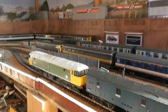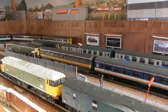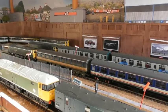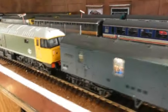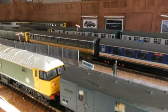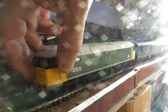It was the parcels red and grey livery that you will be familiar with on 47569 and 47712. The model that you see here therefore actually incorrectly has the recessed head code panels instead of flush